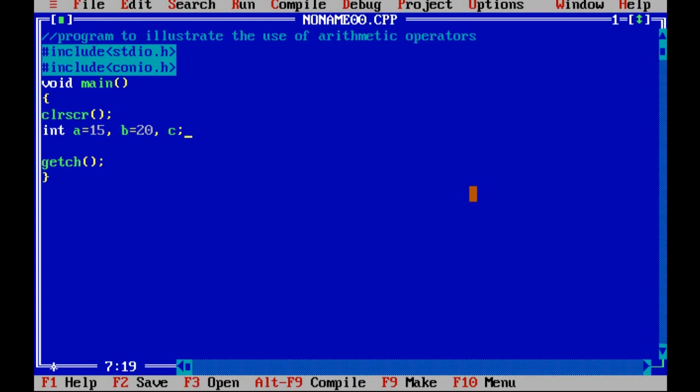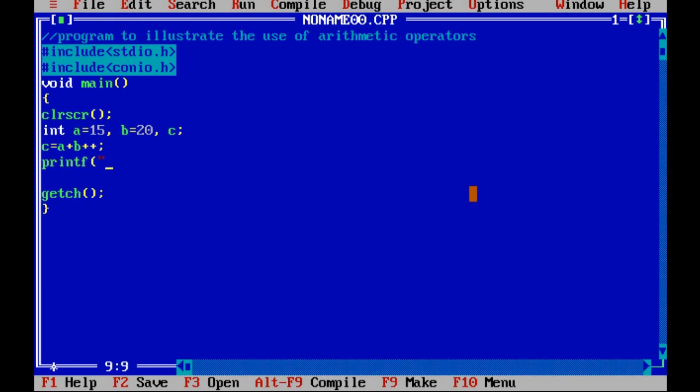Now, if I type a statement here, C is equal to A plus B plus plus. Then what will happen? I will check the printout of all three variables' values.